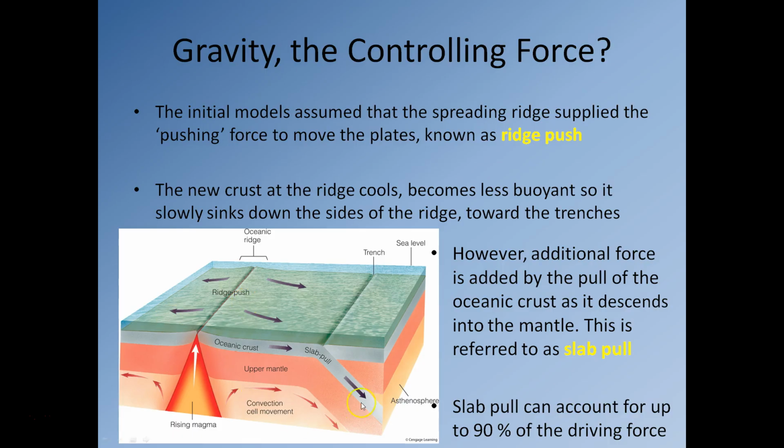So then we also have slab pull. And slab pull is the result of the piece of oceanic crust descending down into the mantle. Now the weight of the piece of oceanic crust subducting down into the mantle obviously gets pulled down under gravity. And as it gets pulled down, it pulls all the oceanic crust behind it down with it. And so the two forces that really control plate tectonics are ridge push and slab pull, with a minor input